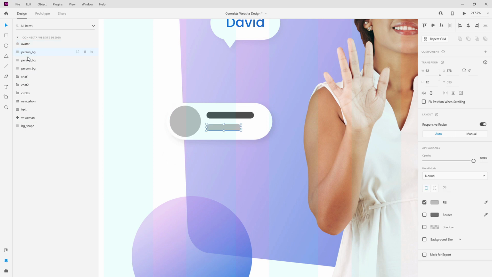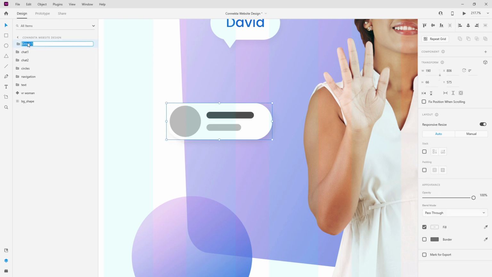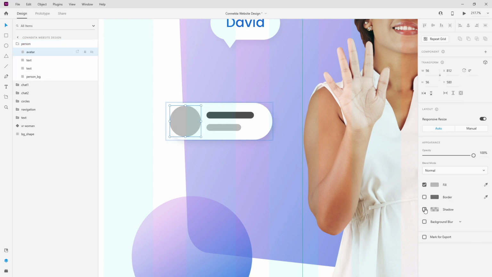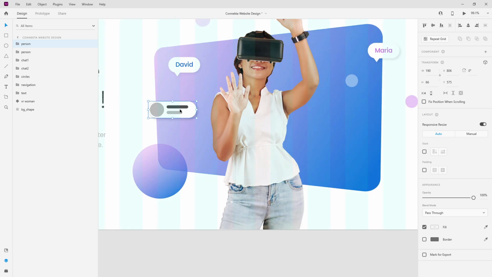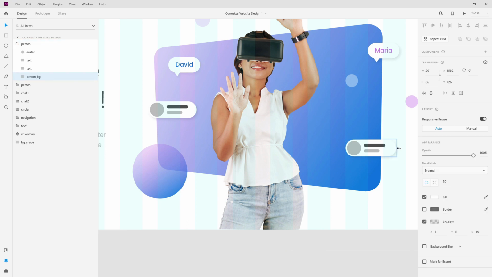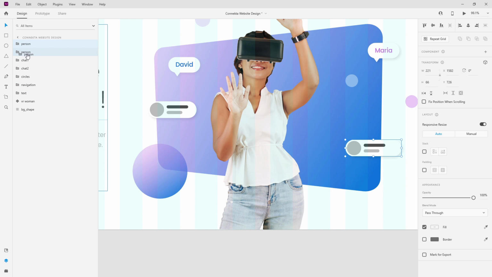Basically what we created right here is I can give this a text, for example, like that, and I can also hit Control V to paste it in right here, and I can group them, call them person, like so, and just make sure that I don't have any shadow on my avatar, or you can if that's the effect you're going for. I'm going to push this right around here and also extend this BG a bit outside,